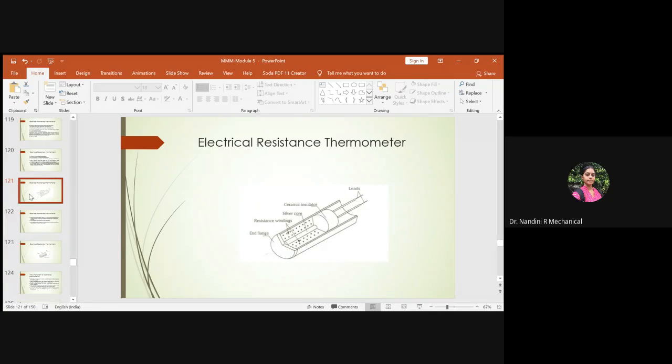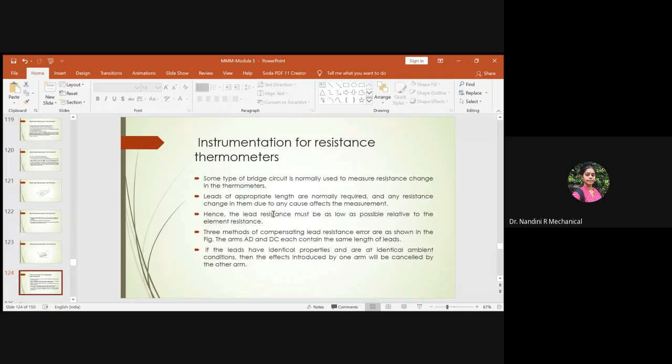So we have now studied how to devise a resistance thermometer. But this resistance thermometer has to be connected to some circuitry system, right, to evaluate the output. So that is what we are now focusing on, the circuit which is being used. In order to connect the thermometers to the circuit, you need lead wires. We have studied what lead wires are: the 2 wire method and the 3 wire method, all those things. These are nothing but the lead wires.